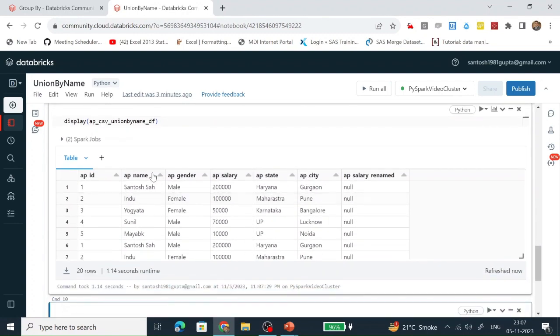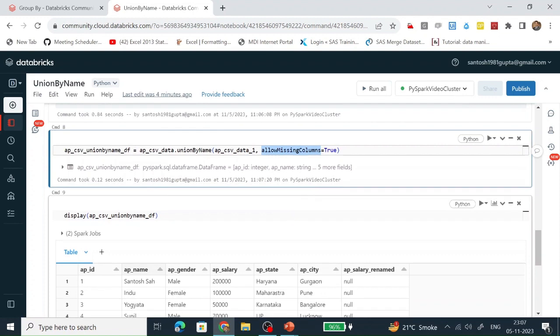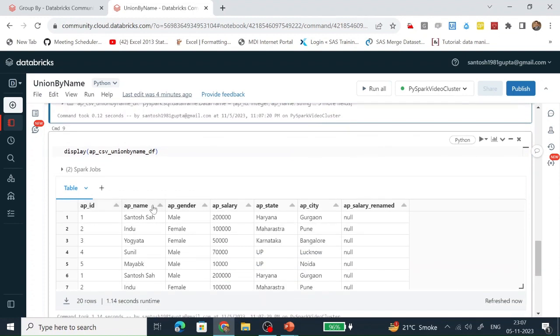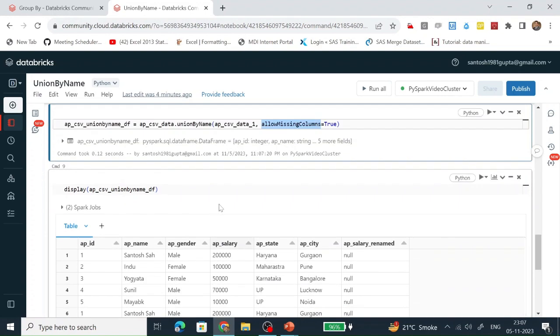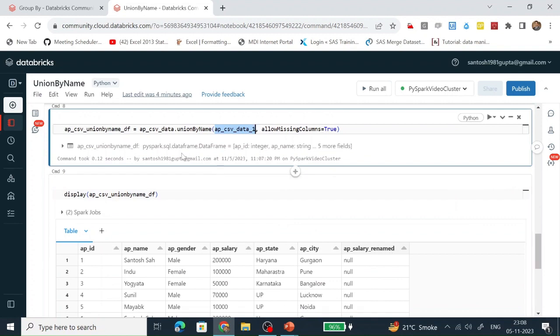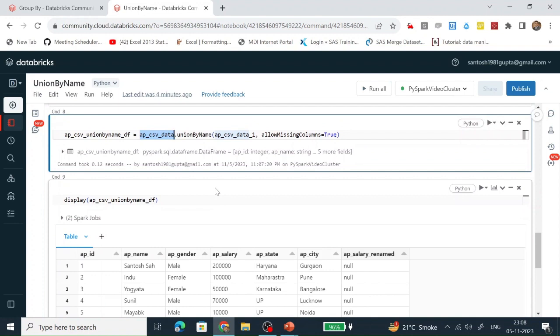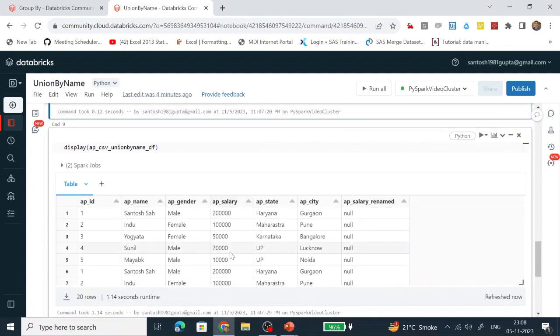Now observe, this data frame we are creating by merging this data frame and this data frame with the help of the unionByName function by passing this parameter. The column AP salary is not present in this data frame, and AP salary renamed is not present in this data frame. So what allowMissingColumns did here is that it merged the columns which are not present in either of them.